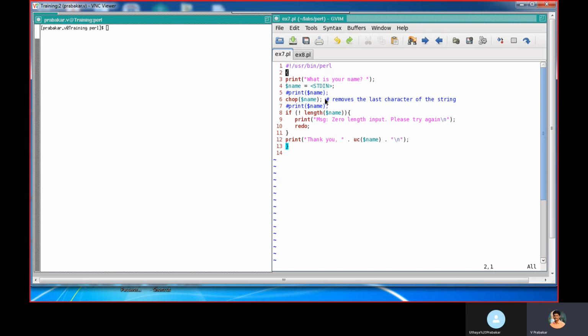Using chomp, we are removing the newline, and then we are checking the length of the name. If it is 0, it will enter into this and it will redo. Else, if we enter some string for this name, it will print the name in uppercase. Let's run this.